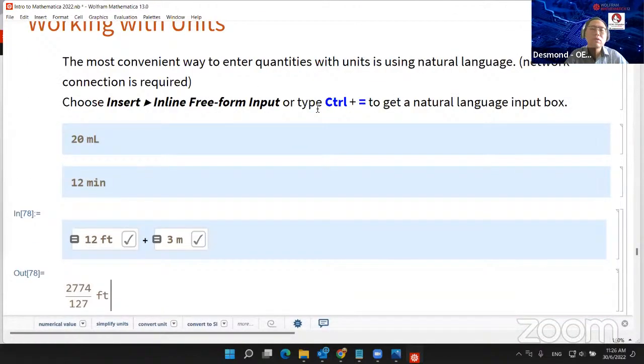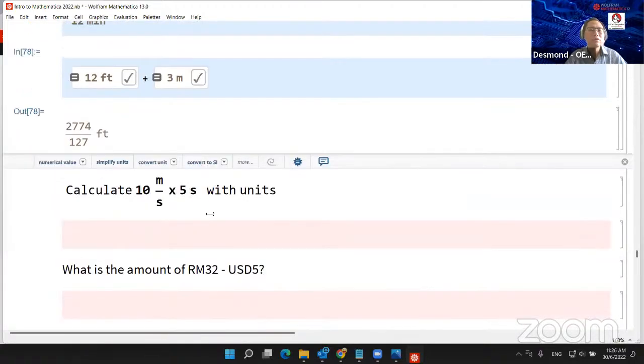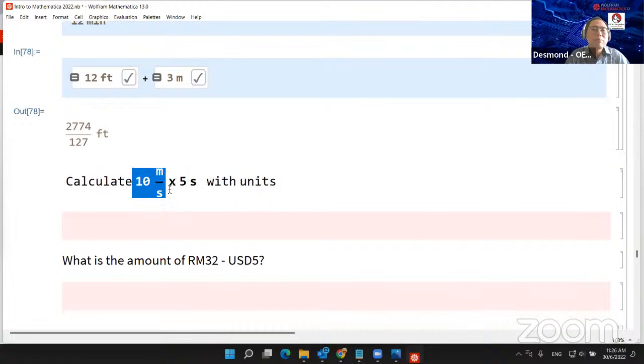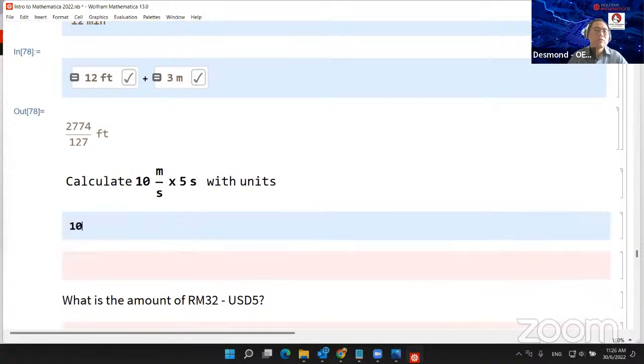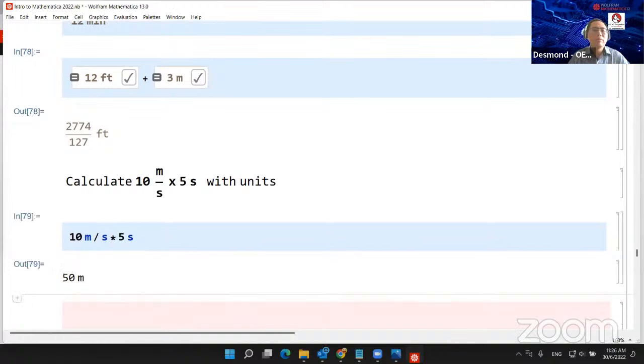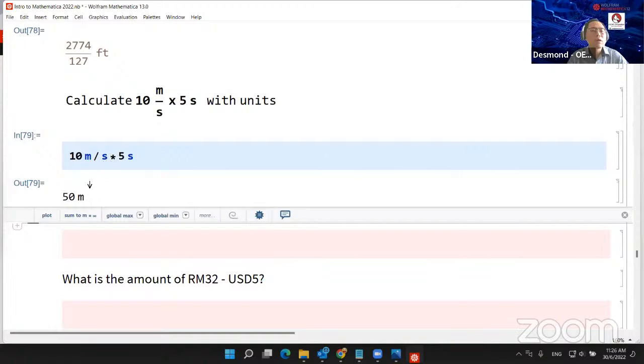So in Mathematica, you use Control plus equal to call in the inline free-form input. Let us try the calculation for this one: 10 meter per second times 5 s. Of course, if you don't use this inline free-form input, you still can do the calculation. Let me try m over s. I simply type m over s without calling the inline interpretation, and then multiply by 5s. If I press Shift Enter, Mathematica still will automatically do the calculation, but the m here is just